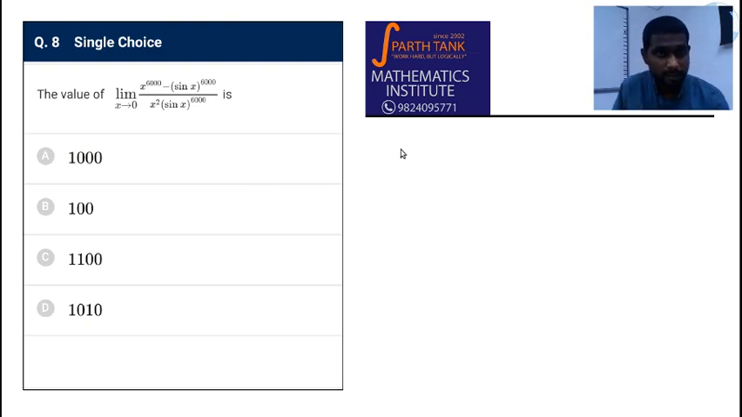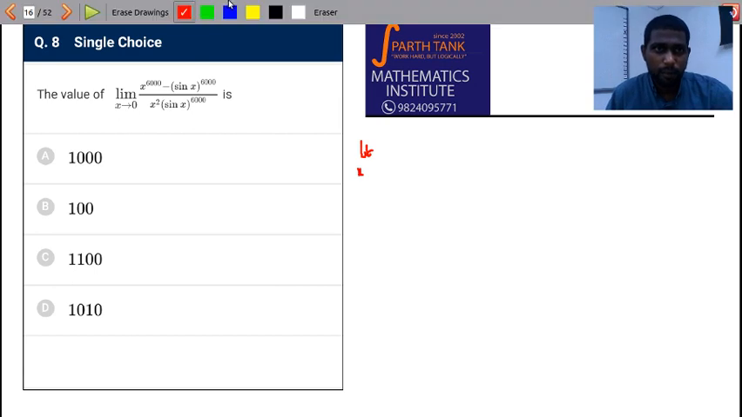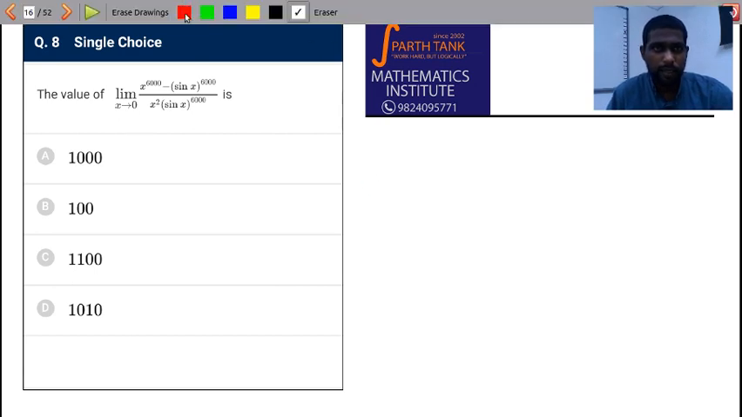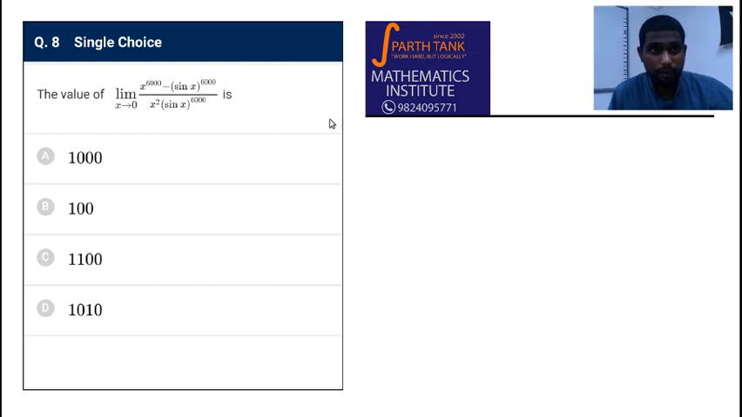Question number 8. Now this is an interesting problem. And the value of limit x tends to 0, x to the power 6000 minus sin x to the power 6000 by x squared sin x to the power 6000. Now there is a way of doing this using L'Hospital's rule also. However, I will show you one technique using the series expansion and how the whole thing can be conveniently solved